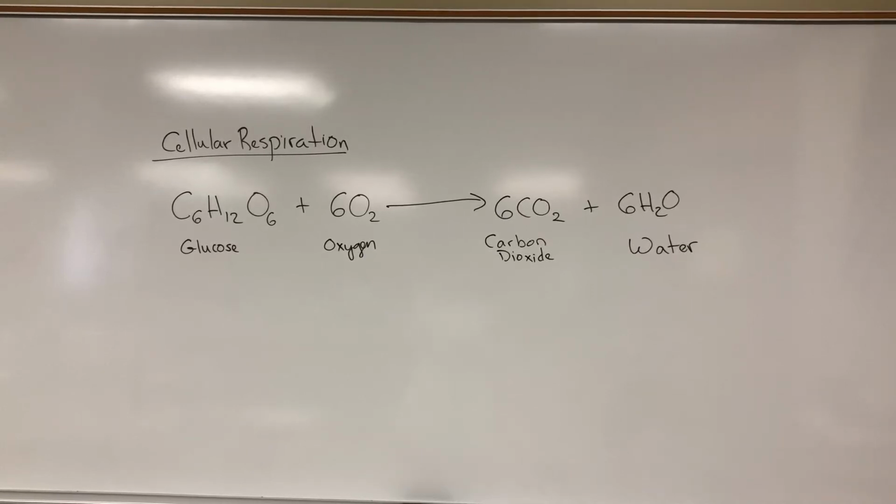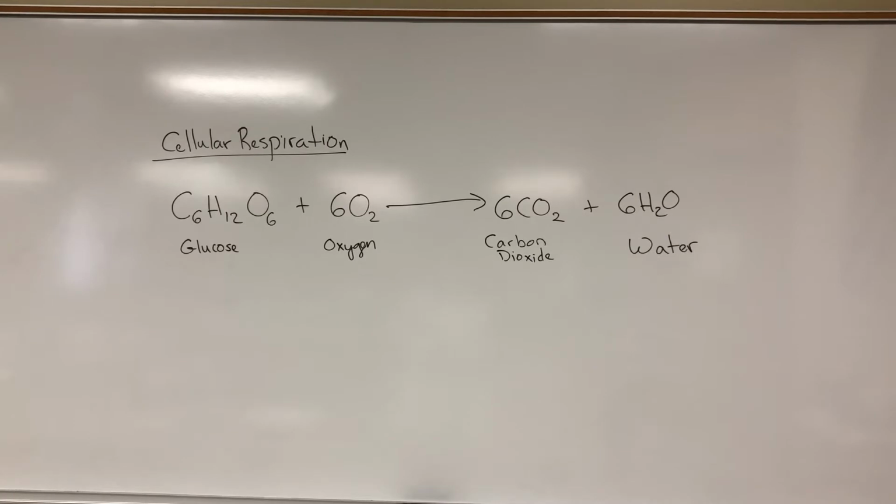So, an overview of cellular respiration. We're going to look at the chemical equation, and what you see are your reactants on the left. You have glucose plus oxygen, which is what you're breathing in, and it's going to go through this series of glycolysis, citric acid cycle, chemiosmosis, and electron transport chain. And ultimately, at the end, when the sugar is completely broken down, you're left with 6 carbon dioxide molecules and